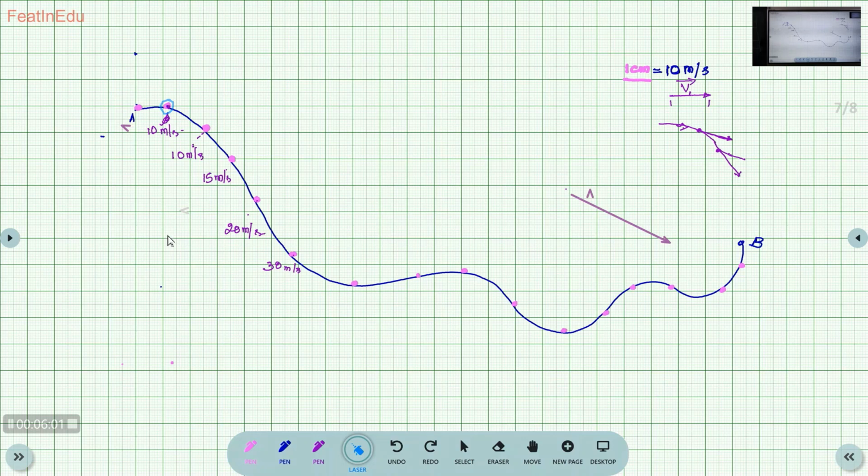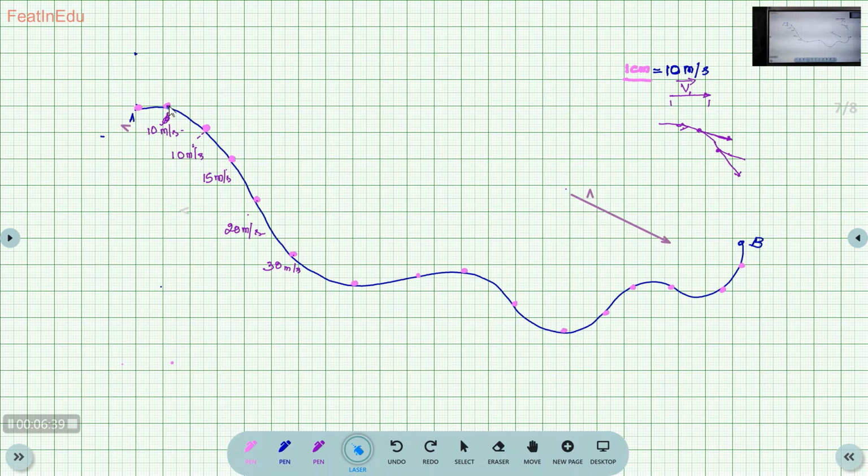You draw the velocity vector at this point. It should be tangential to this curve, and it should be 1 centimeter with the arrow. Tangential to the curve, and it should be 1 centimeter. Like so, you will draw a line